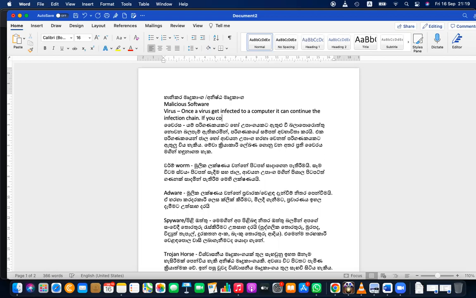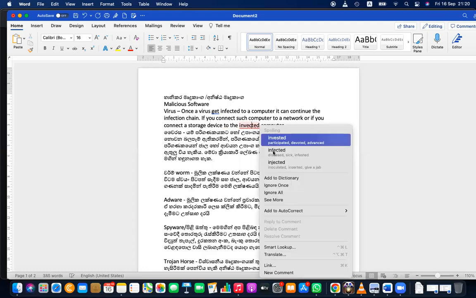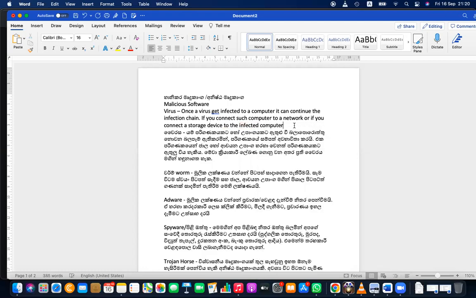If you connect such a computer to a network, or if you connect a storage device to the infected computer, it may spread.